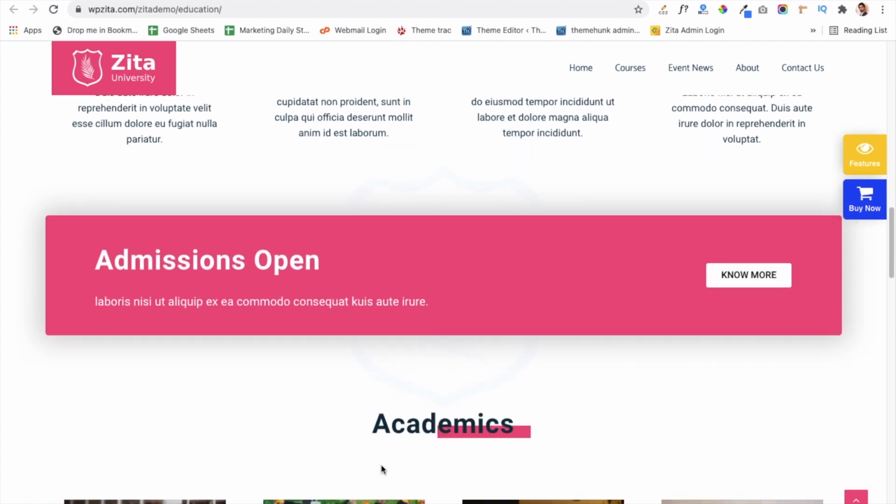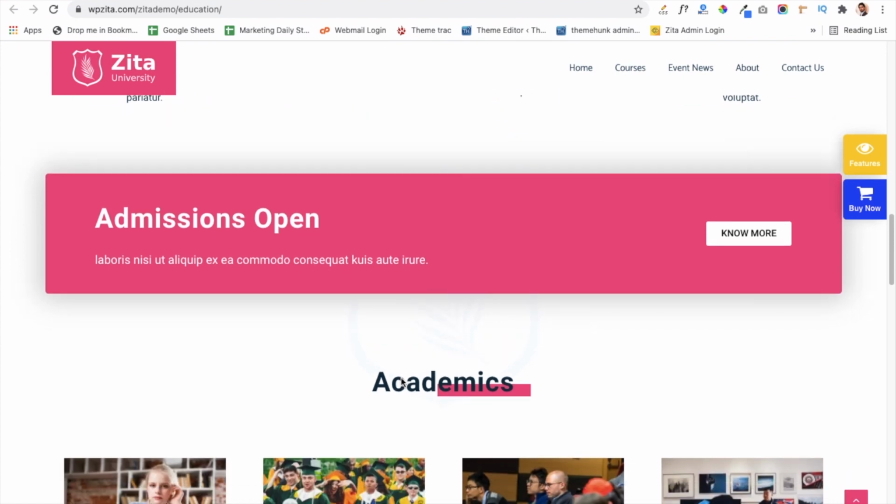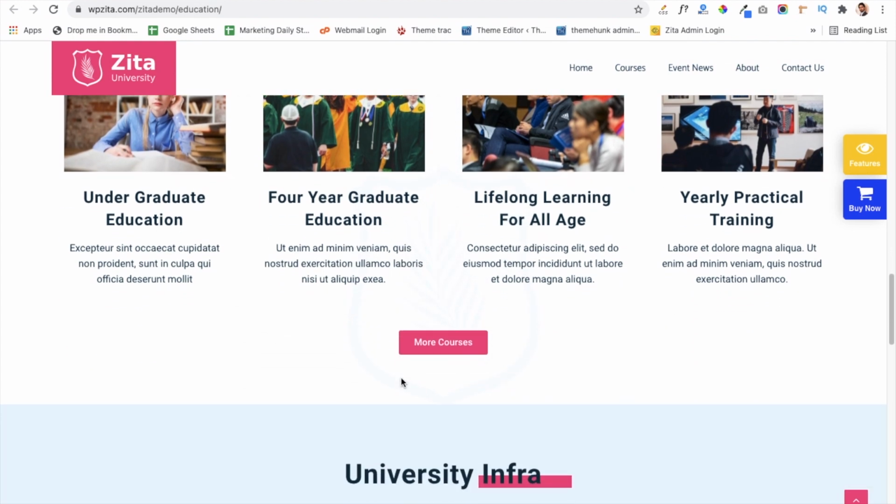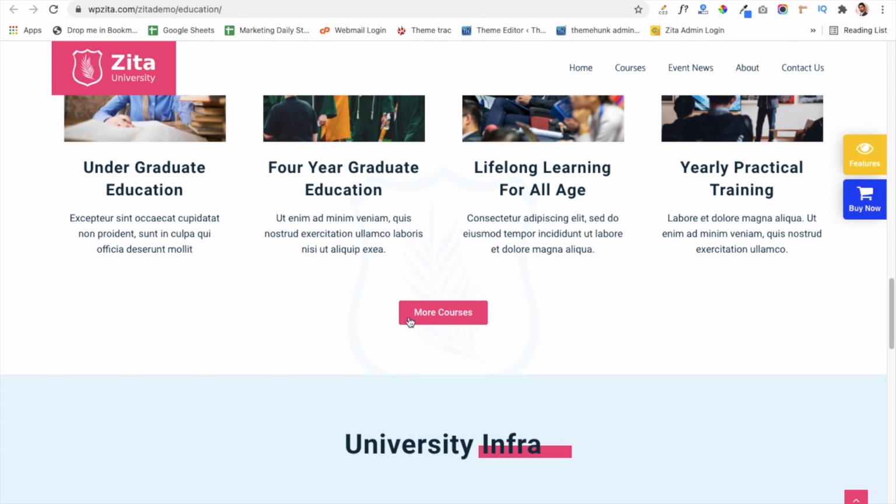After that you can use a section to show that your admissions are open, and then you can show some of your posts related to your academics or your education classes. You can also use a button to redirect your visitors to another page.